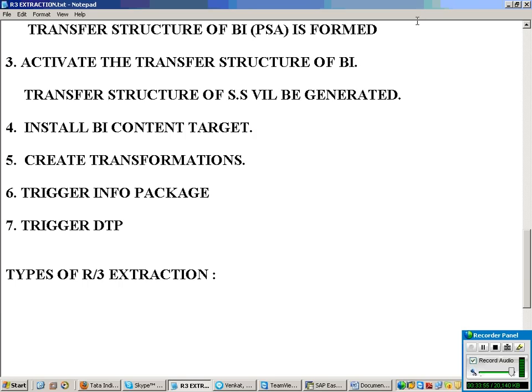Types of R3 extraction. Your types of R3 extractions are categorized based on how you define your data source. It's not based on the process. The process is the same: define the data source, replicate it, activate it.